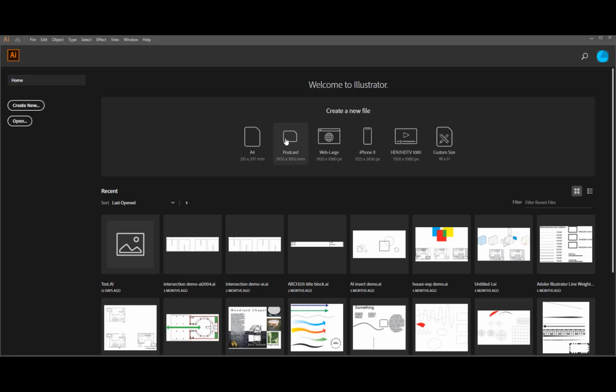You could also go in here and select a pre-selected new file, such as for A4 paper or a postcard. If you want to create a web page, you could do that here, for your iPhone, or for creating a video. What I would suggest is, we're not opening an existing file, which you can select anywhere if you had one, but instead we are creating a new document. So if you select that,